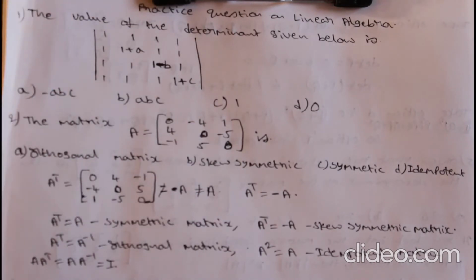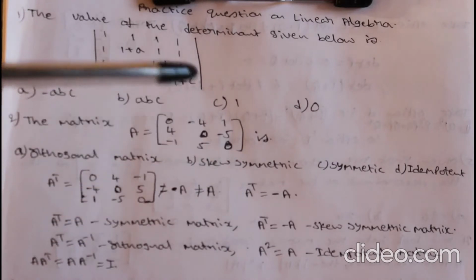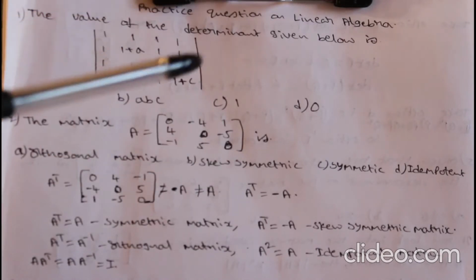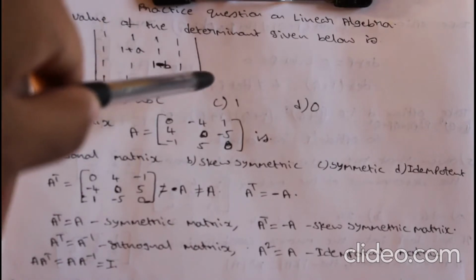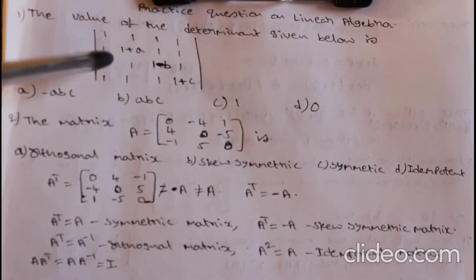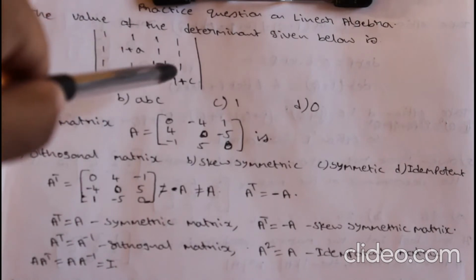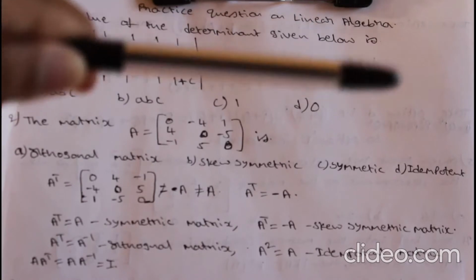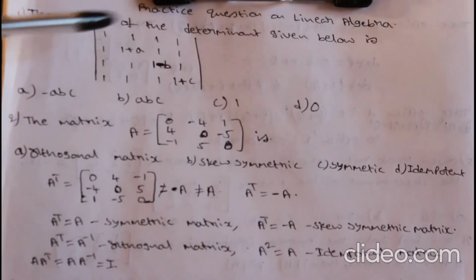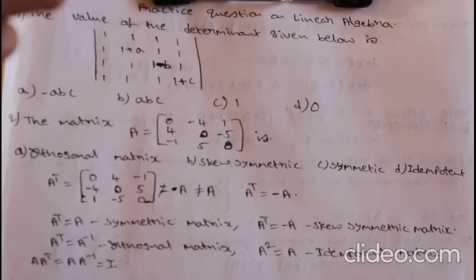Don't go through that and don't bother about the 4 by 4 matrix. Just look at the matrix given. The given matrix has the elements above the diagonal elements and below the diagonal elements all the same, that is equal to 1. So by doing some row operations, we can easily make this matrix an upper triangular matrix or lower triangular matrix. In the earlier video I have mentioned one important property,